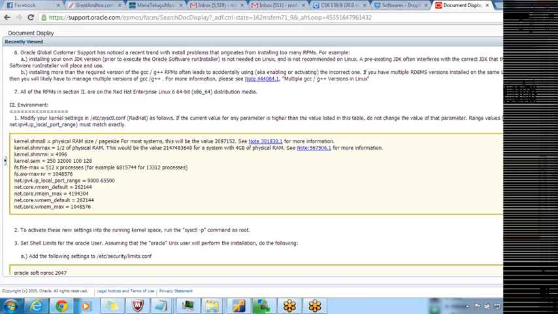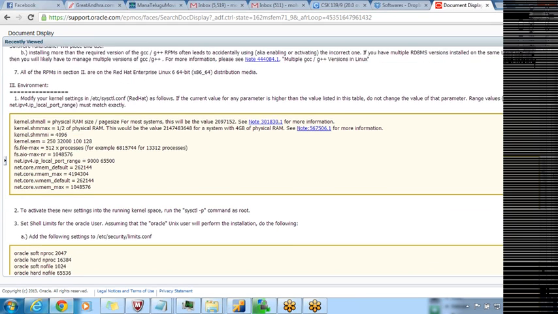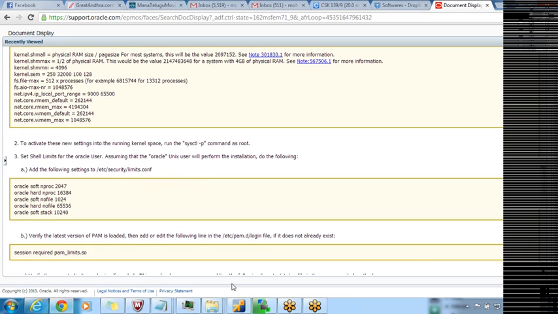So for each and every version, you need to check in the documentation what the values provided are. You need to make sure the kernel parameters have those values. Okay. So once that is done,